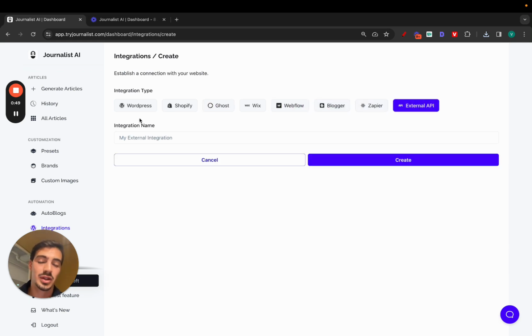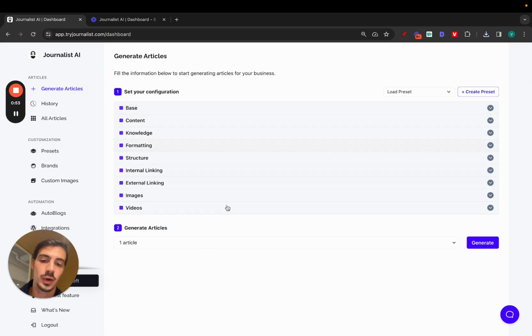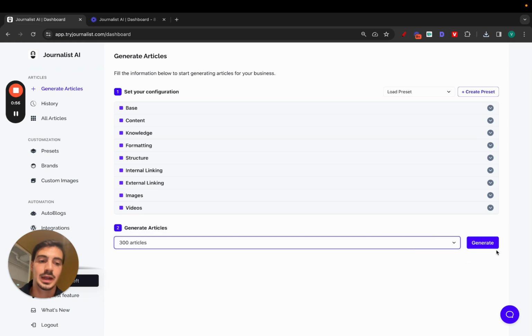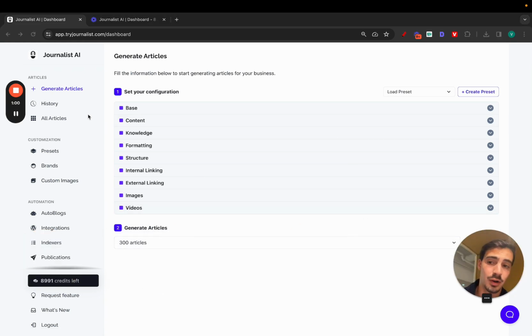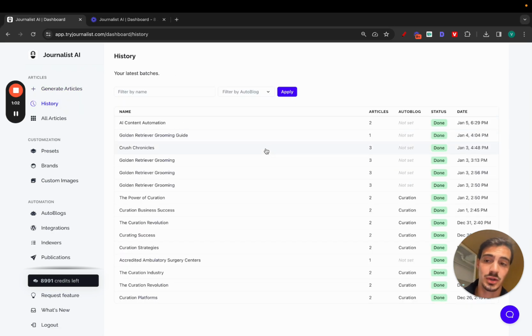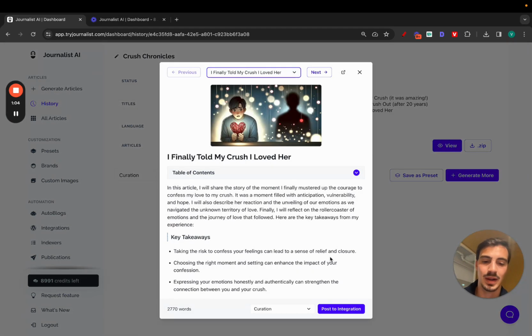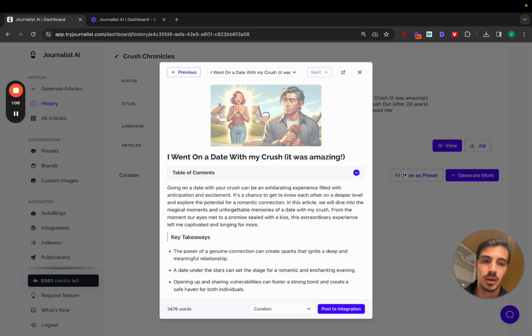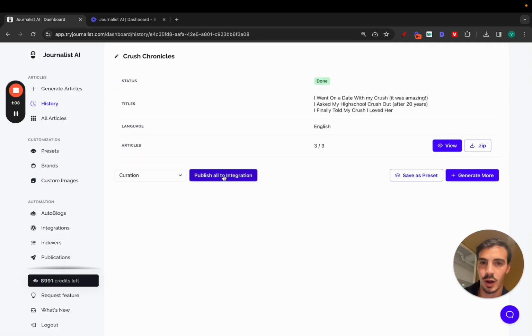But how do you actually get these posts generated? Just go here, generate articles, and you fill all this info in, select how many articles you want, and click generate. I'll go over all these in a second, but if you want to take this even a step further, because previously you were going here to generate articles and clicking publish manually, this is all manual, and if you want to automate the whole process, just go here